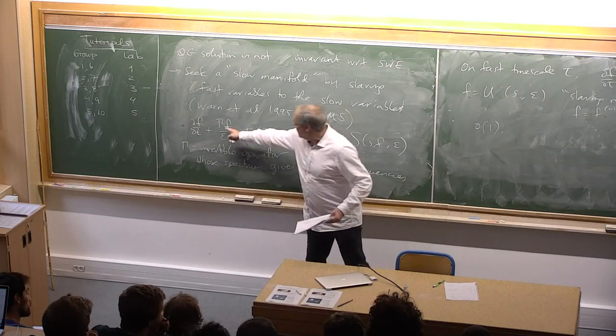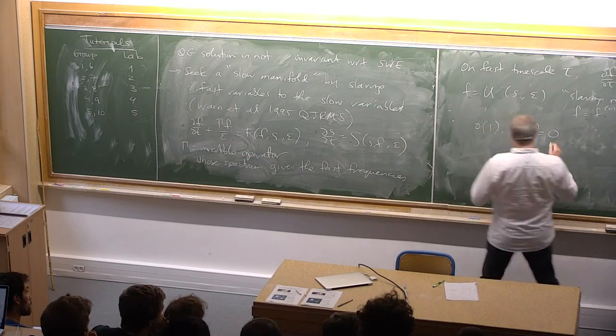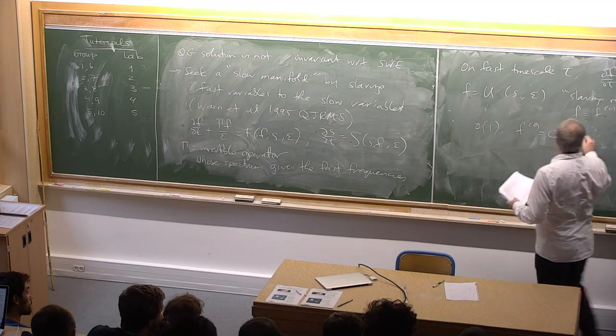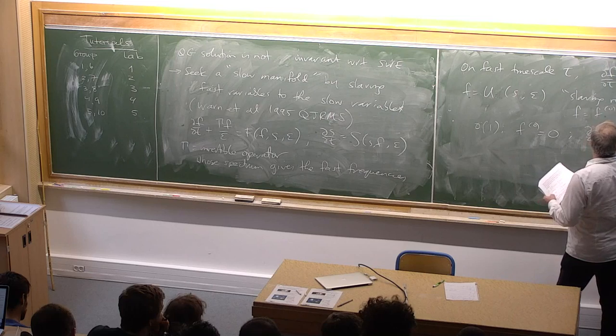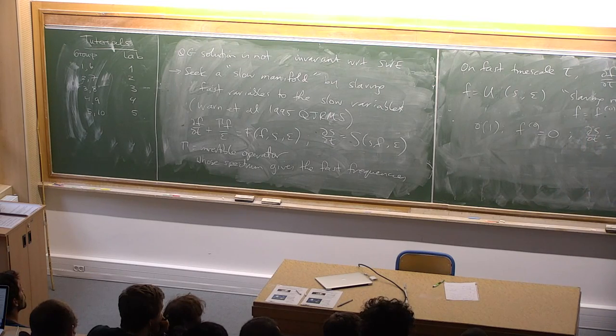And since gamma is invertible, f must be 0. So the leading order solution is that f is 0, and then I can substitute f in here, and I just get ds/dt is s with s, 0, and 0. So this is the